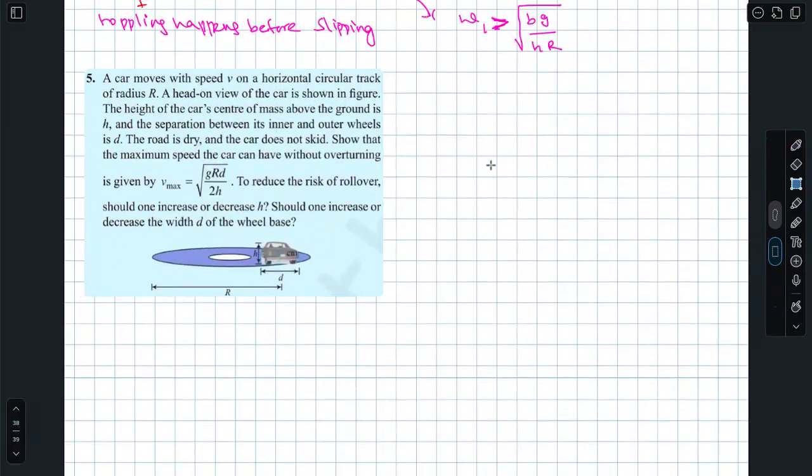Yeah, this is also a simple question actually. Read the question carefully. A car moves with speed v on a horizontal circular track of radius r. A head-on view of the car is shown in the figure. You are seeing the front face, and the separation between the inner and outer wheel is d. The road is dry and the car does not skid, so that the maximum speed that the car can have without overturning is given by